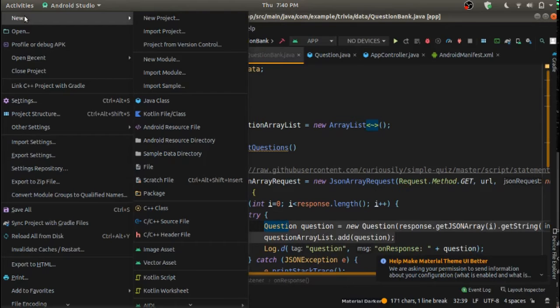I'll make sure that you should be able to use each and every component in this IDE. So let's go ahead and start a new project.